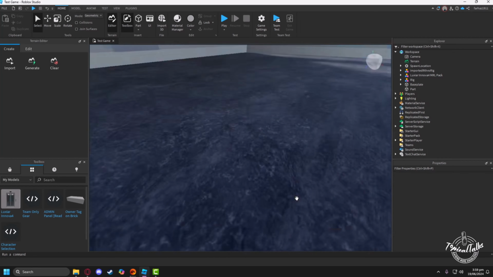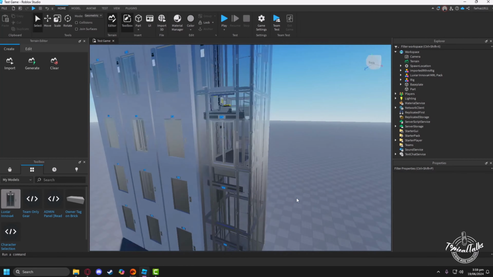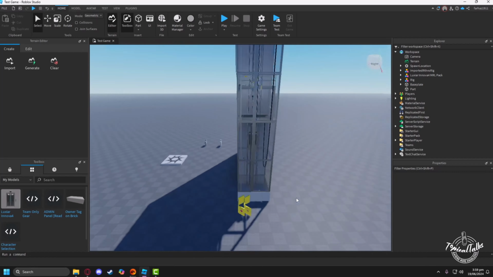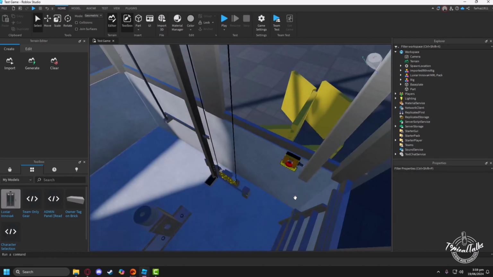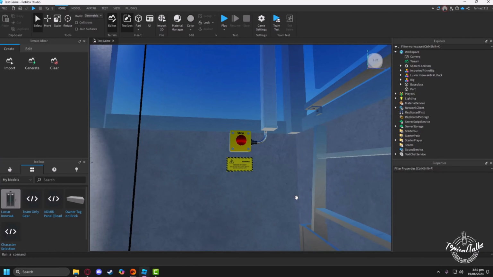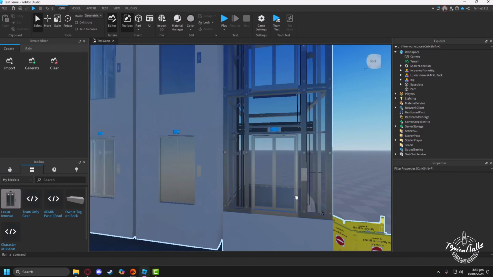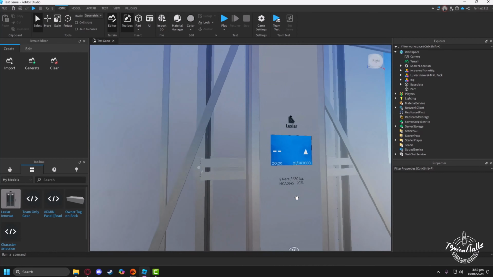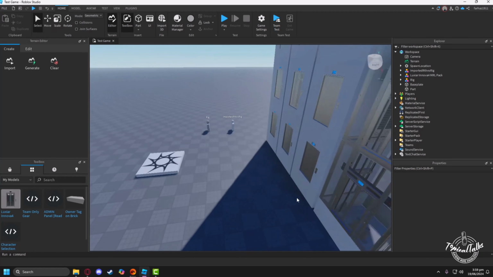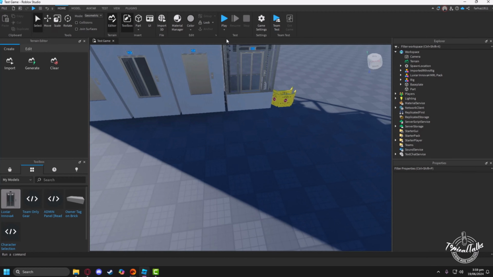Personally, I like the open one because it looks very beautiful and you can view everything in your world from this elevator. These elevator models are extremely detailed, from the safety features inside to every little aspect you will find in here. So now if we playtest the game,